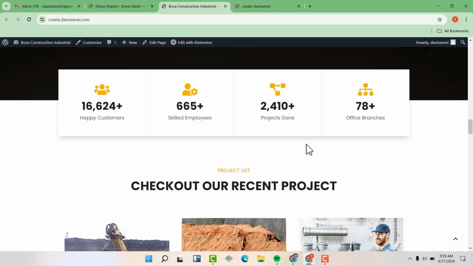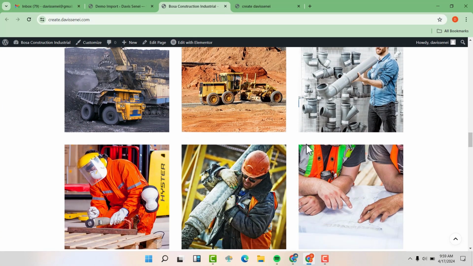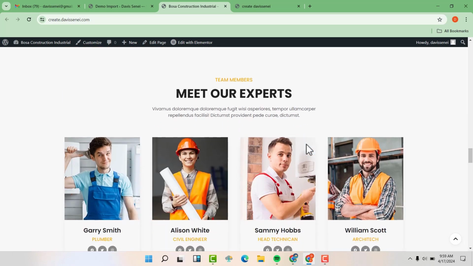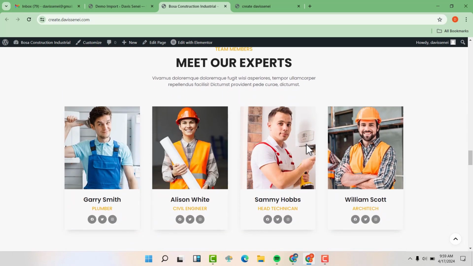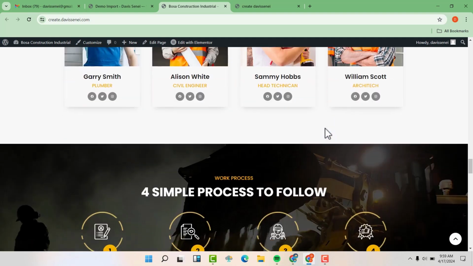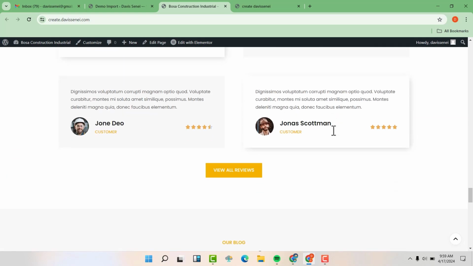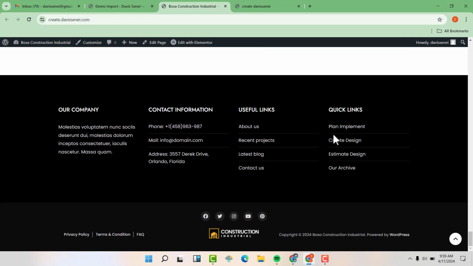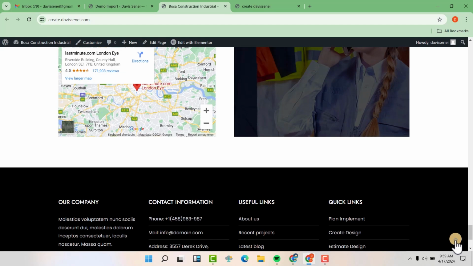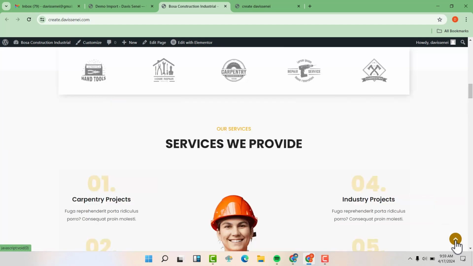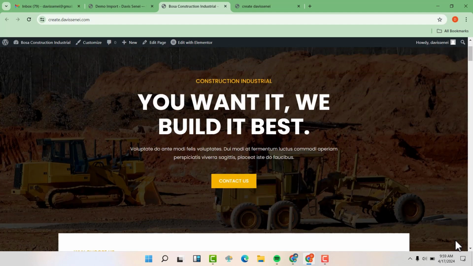Now you can see that the demo has been imported, and now our work will be very easy. It will be just to edit these things, to change these images, to change the wording so that it can fit what we want or our company. So you can see that we have our demo website complete, and when I click here, it will go up here, and we can see we have an amazing hero section here,